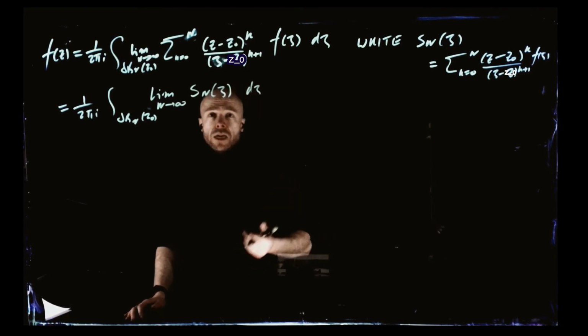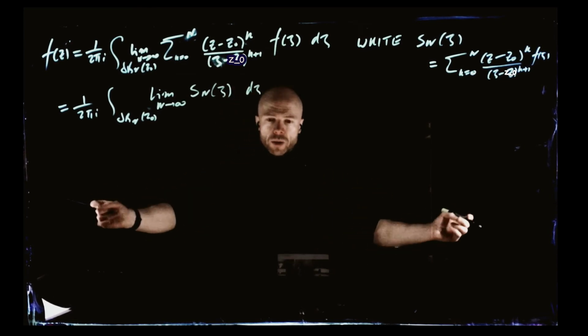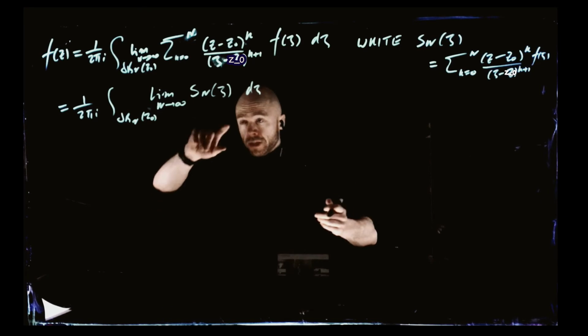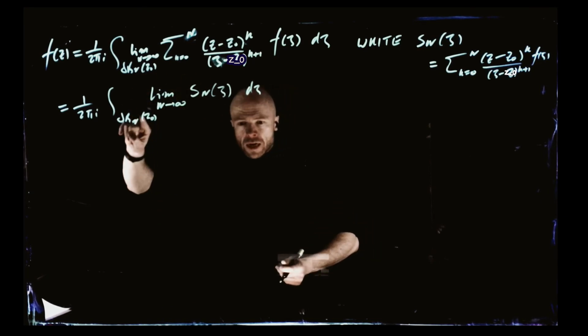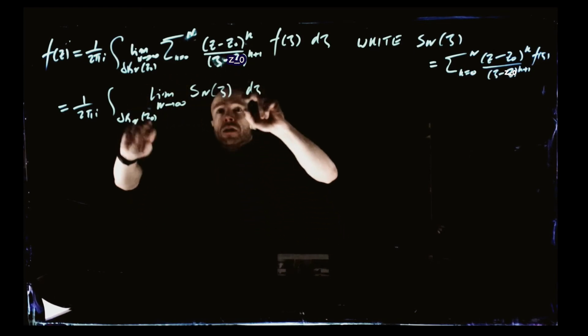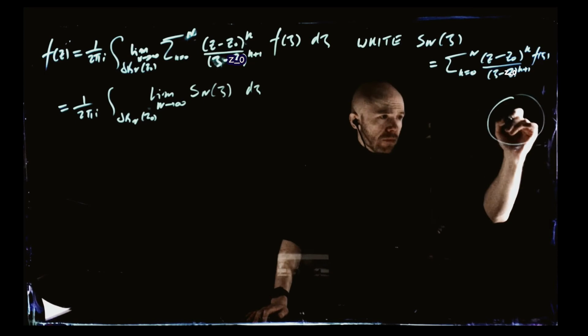Now, if we just had Sn here, then it's just a finite sum, and then we can swap the summation and the integral. That would be fine. So the real issue is passing the limit out. But we've learned that if for all zeta living around the boundary of this ball,